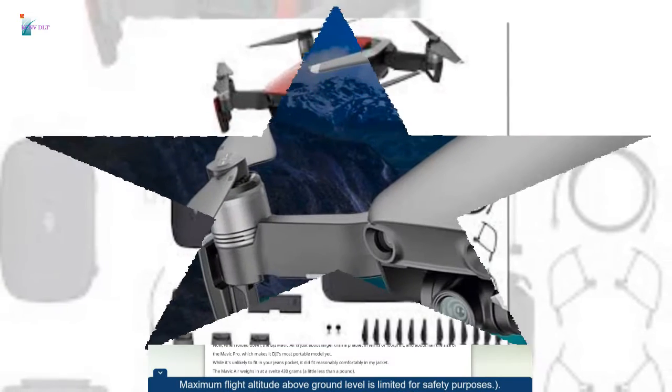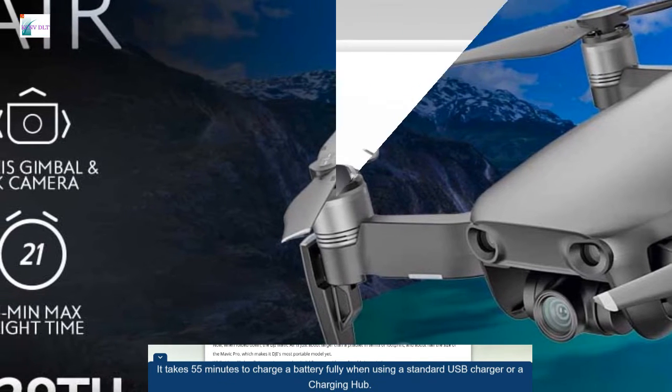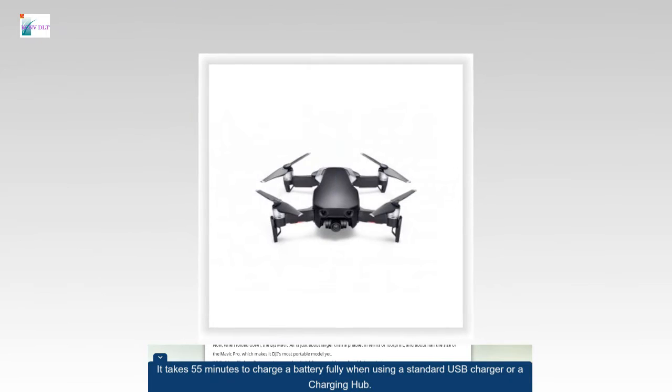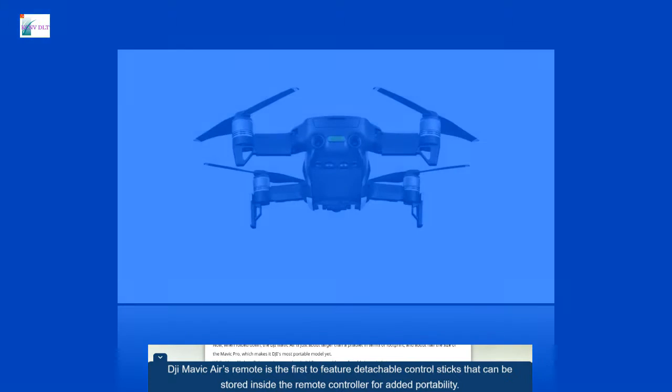Maximum flight altitude above ground level is limited for safety purposes. It takes 55 minutes to charge a battery fully when using a standard USB charger or a charging hub. DJI Mavic Air's remote is the first to feature detachable control sticks that can be stored inside the remote controller